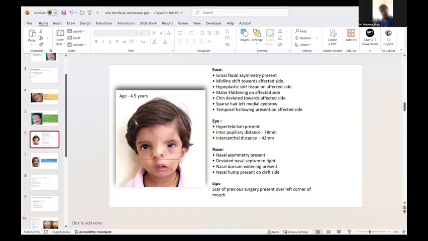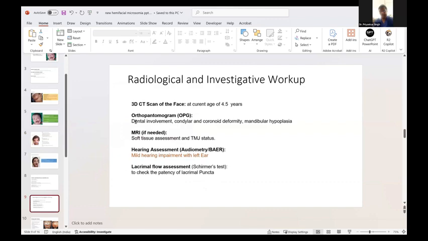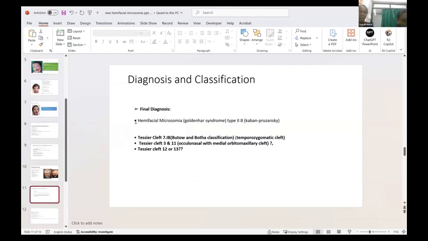Now, can you just go back to your slide where you have classified the hemifacial part in terms of Pruzansky and Kaban? Yes, sir. Okay, very briefly, can we go through all the Pruzansky and Kaban basic classification? Yes, sir. In type 1, the condyle ramus unit is